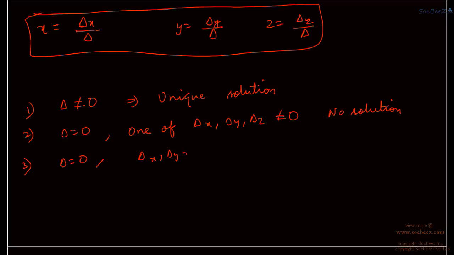And third case where delta is 0 and delta x, delta y and delta z, all the three are 0, right? All of them are 0. Now in that case, on further analysis we can tell if there will be infinite or no solutions,